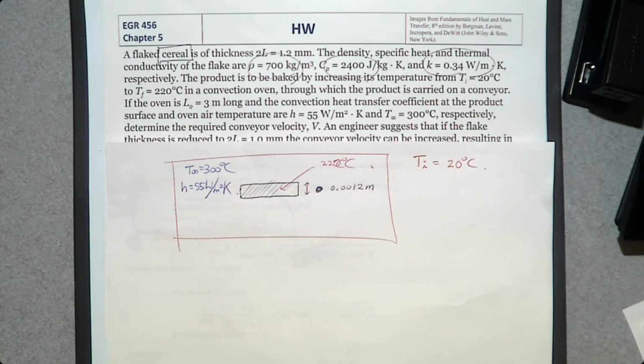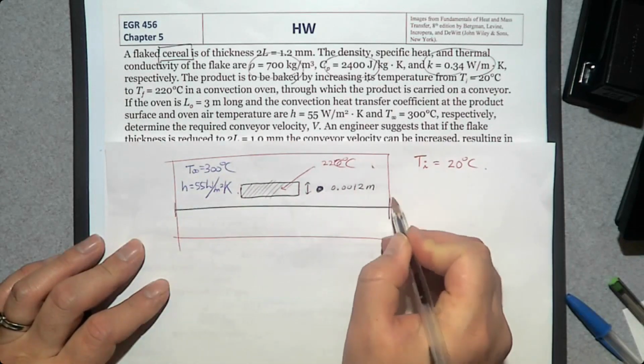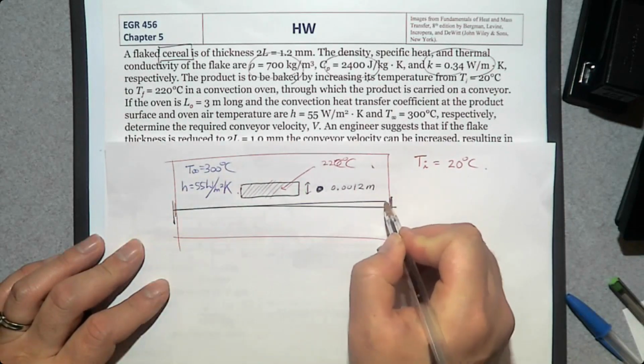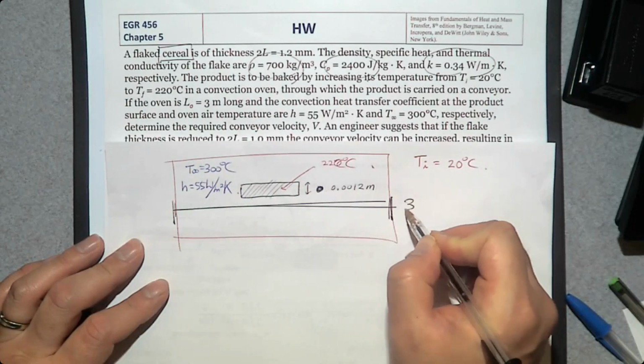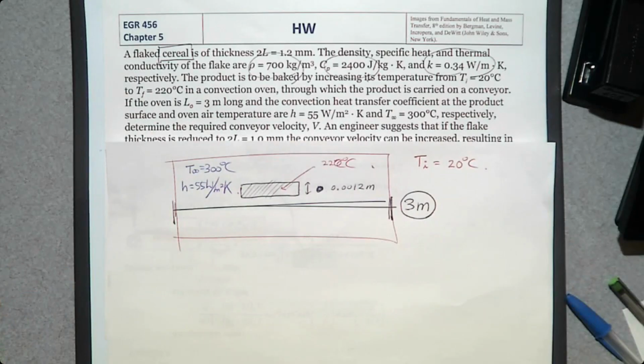And we want to determine the required conveyor velocity. What does it mean? Why do we need to calculate velocity? Is this a dynamics class? No, not really. The length of this convection oven, and the conveyor belt, is going to be 3 meters. So if you know how long the cereal is to be in the oven, then you can calculate the